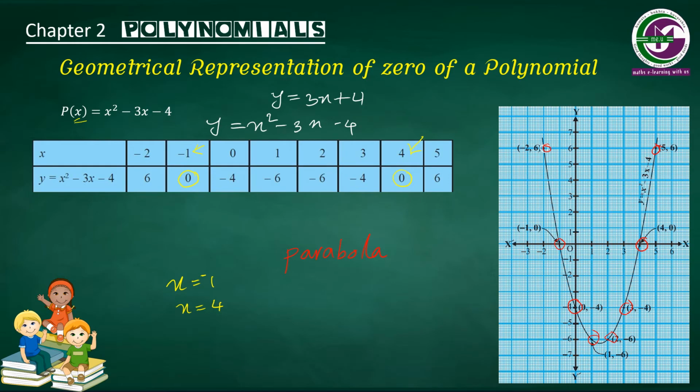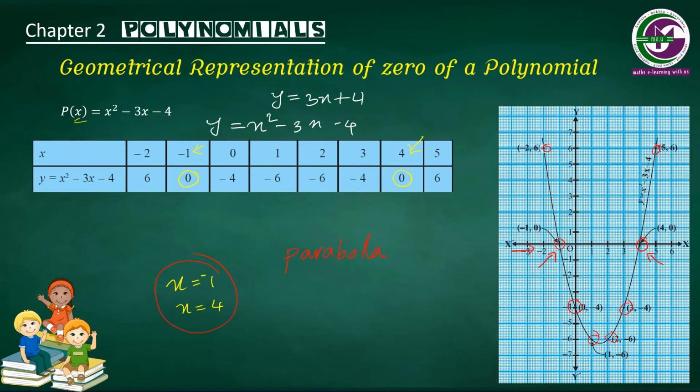polynomial. Now look at the graph. When x is equal to -1, you can see this is the point. It crosses the x-axis, and when x is equal to 4, this is the point, it crosses the x-axis. That means when the graph of a quadratic polynomial is given, you can directly find the 0 from the graph. This is the point where the line cuts the x-axis. Very important, this is the x-axis.